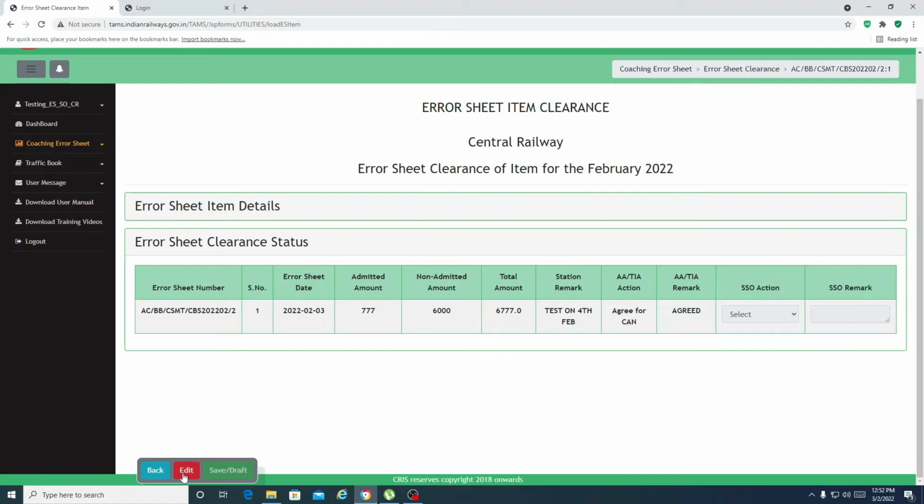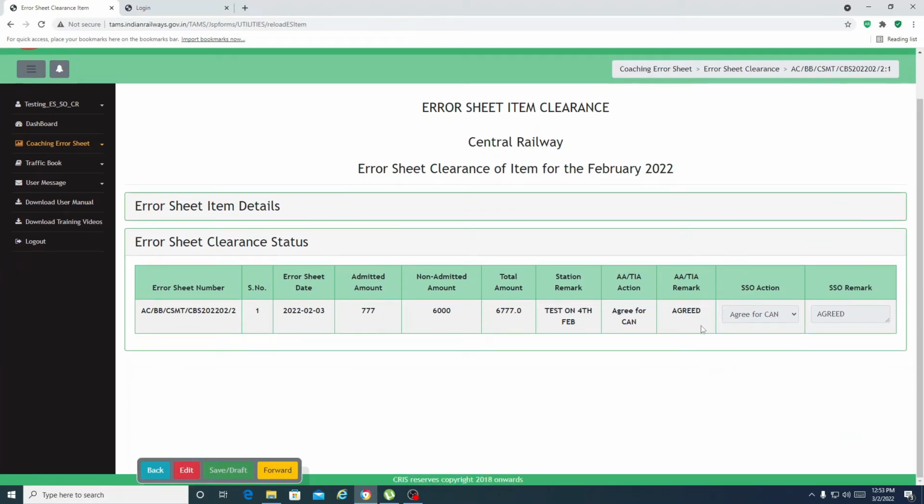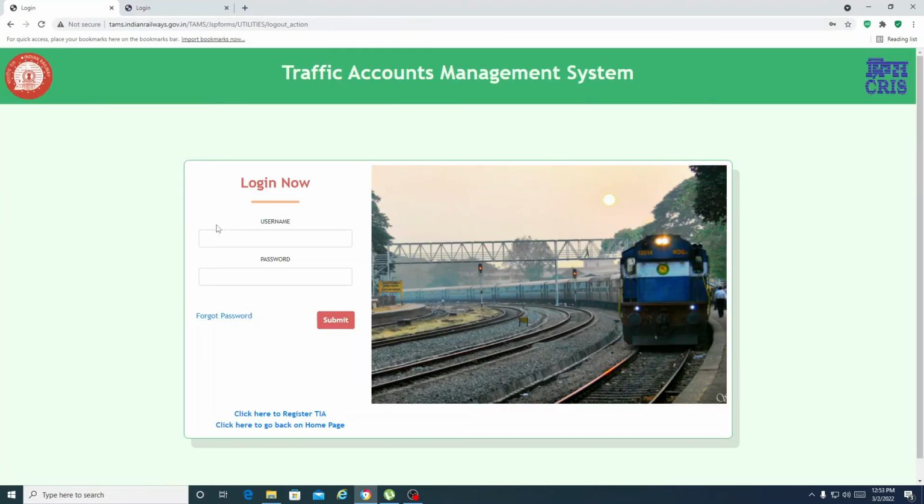Now click on the edit button. The SO will click on the edit button, give his remarks, agreed for CAN, and say that he is agreeing for CAN. If you have any other reason, you can give it here in the SO remarks. Save it, using the 3 buttons down here. Once you save it, this has been endorsed here on the right hand side. Then there is a forward button. Once he clicks the forward button, it goes to the officer concerned. Now when the officer logs in,